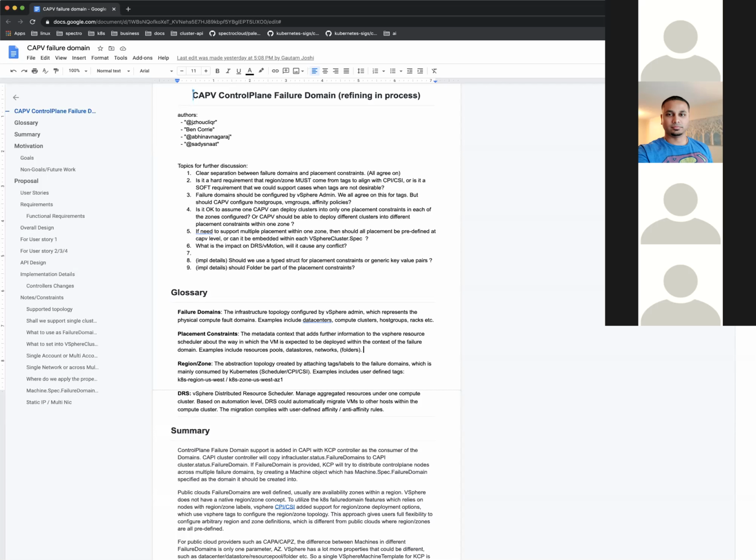Why can't I tag a bunch of hosts with rack 1 and then create affinity rules that say all these control plane VMs must be deployed into any host tagged with that? I can dig in further, but based on the experiments I have done so far, and also the documentation I've written, the affinity rules only apply to the host groups and the VM groups. It's not tied to a specific host.